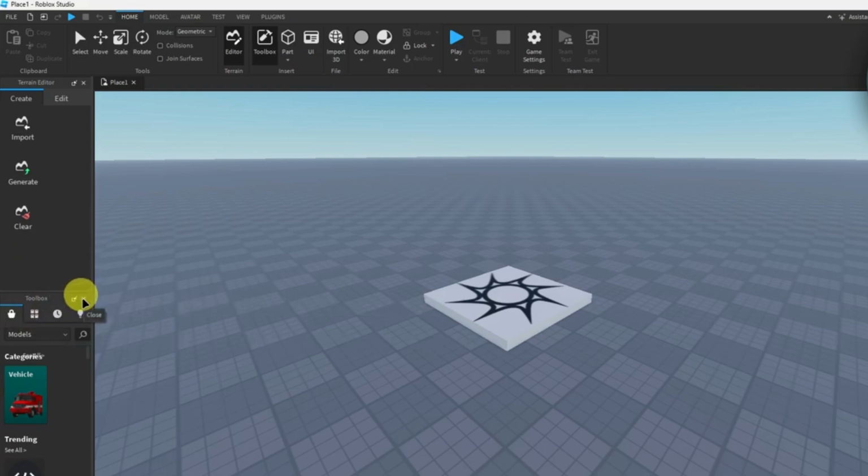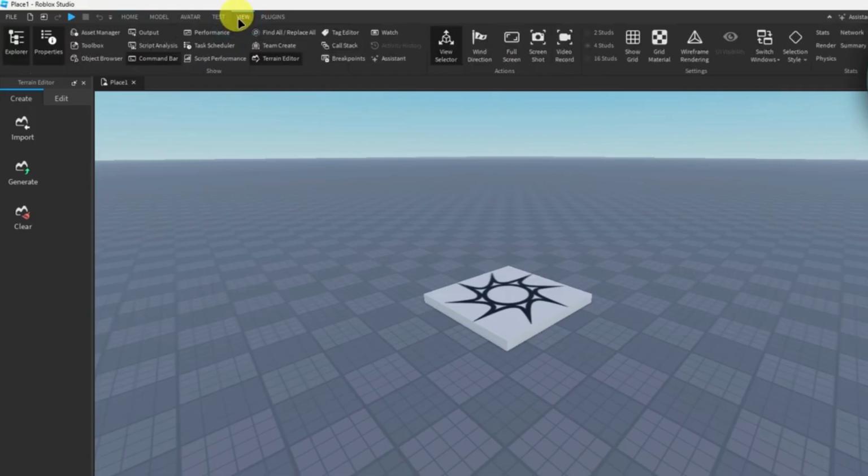And then after that, we will get to see our toolbox right here at the bottom left corner of the Roblox Studio. But let's say you've accidentally clicked on close the toolbox and now it's gone and now you can't find it. So to re-enable the toolbox in Roblox Studio, what you want to do is to just simply go right here,